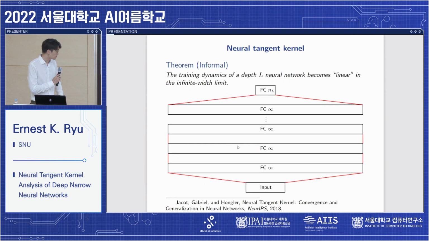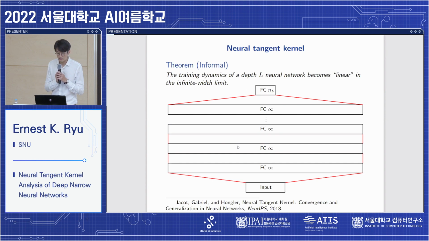In 2018, there was another landmark result called the neural tangent kernel. This is a different kind of limiting regime, but this result states that if you have the training dynamics of a depth L neural network, not just 2, but L can be arbitrarily deep, and if you let the width of these hidden layers tend to infinity, then the network becomes essentially linear in the infinite width